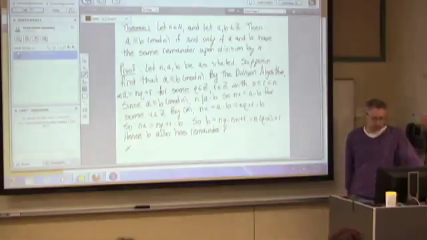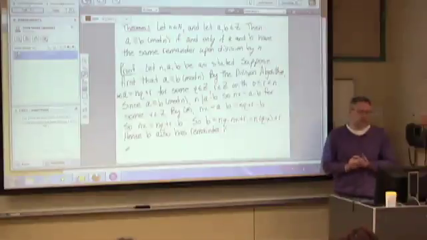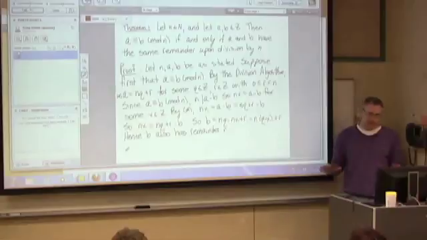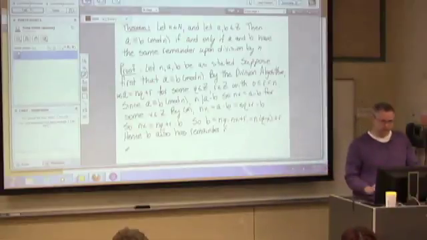What I'm going to do for the sake of time is omit the other direction. This is an if and only if proof, so technically we need to prove that if A and B have the same remainder, then A is congruent to B mod n. We've only done half of it, but I'm not going to do that because we've got a lot to do today. So